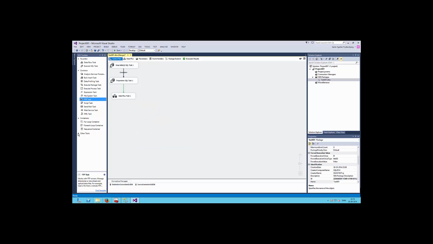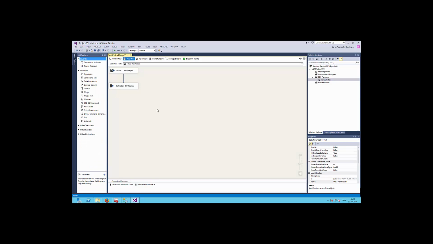At the exam, you need to know all these tasks, and the best way to learn them is to try them. We have one special task here that is called a data flow task, and if I double click on that, then I am sent to the data flow tab. And on this tab, we are talking not about how the program is executed, but how data is flowing. As you can see here, we have a source and we have a destination. Data is flowing from the source to the destination through this arrow. So the destination can't see what source it is, it just gets some data from somewhere.